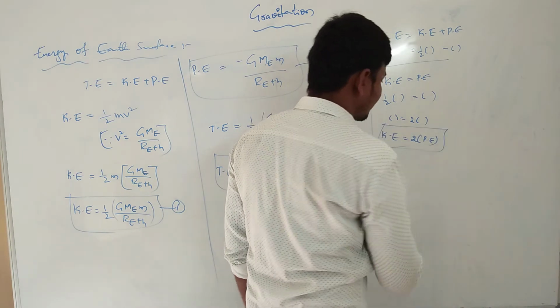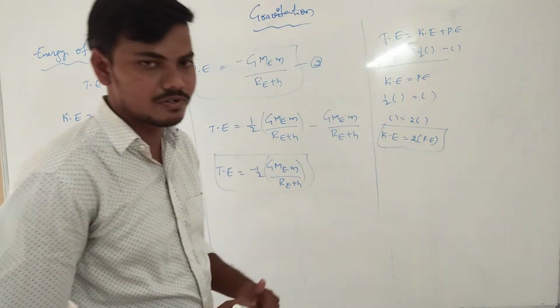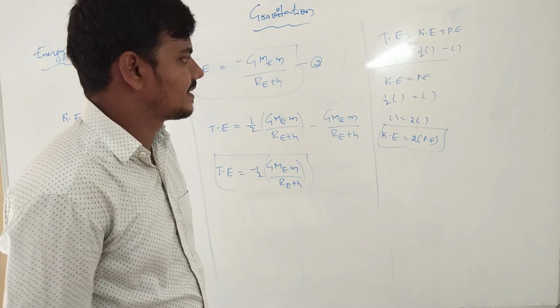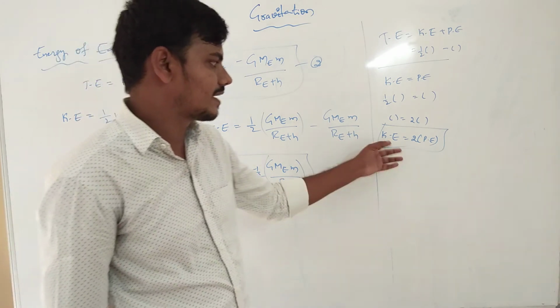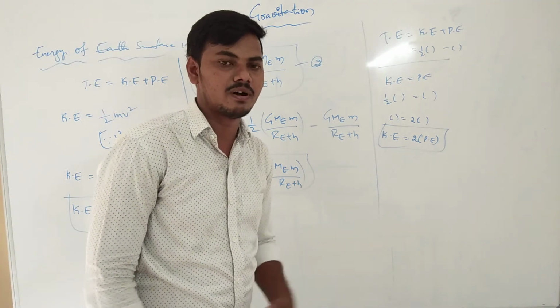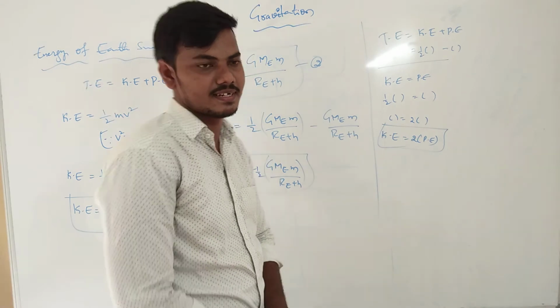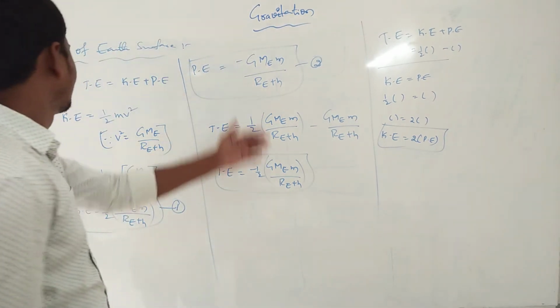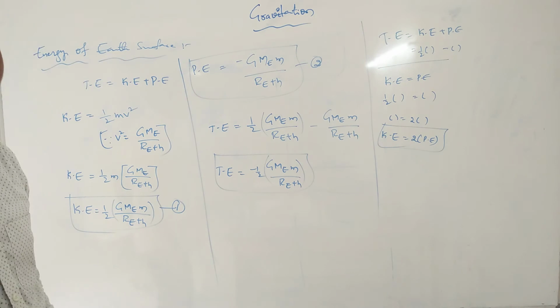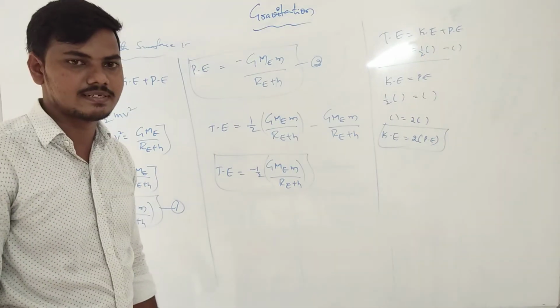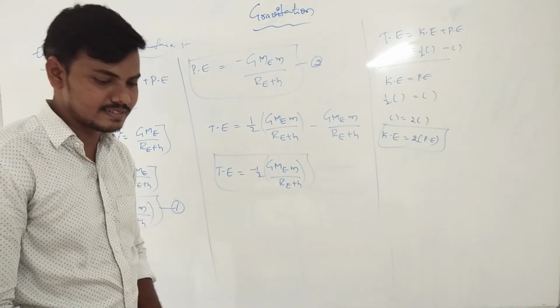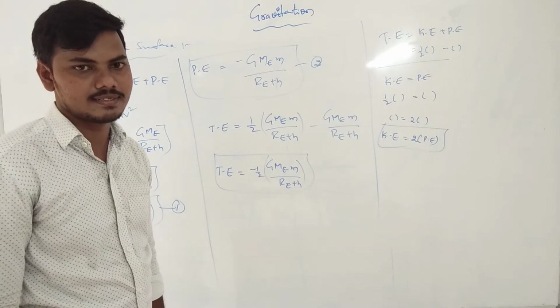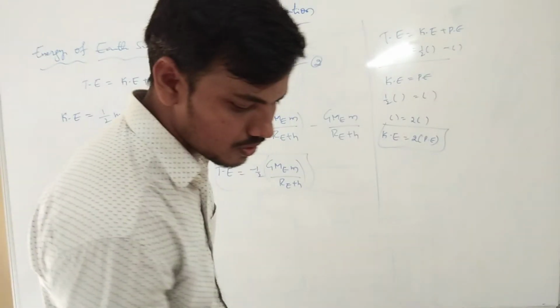This is also a representative one. Every kinetic energy represents potential energy. If kinetic energy is equal to the secondary formation of potential energy, this representation is known as energy of Earth's surface. There are mainly two types of energies. The first energy is kinetic energy. The second energy is the potential energy. This is the function. Okay.